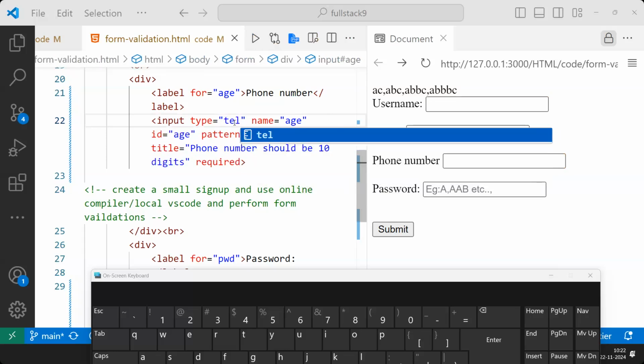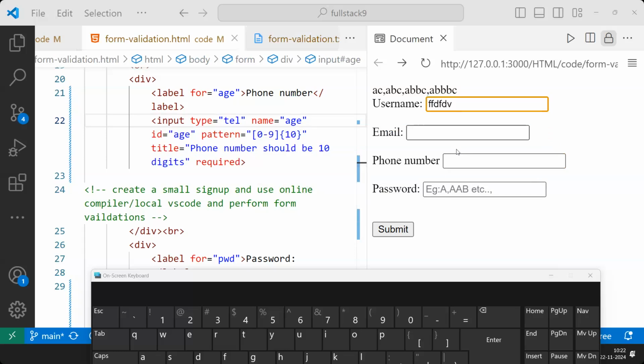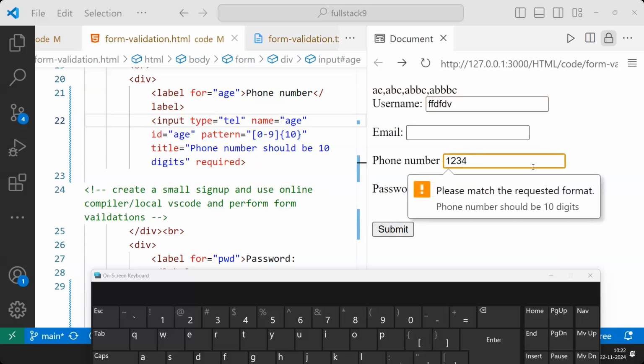You can use a type called telephone. That will work. Only for number type it will not work. For the rest it will work. Now, go here. Now I think it will work. 1, 2, 3, 4. I have my earlier password. Now it is working. See,